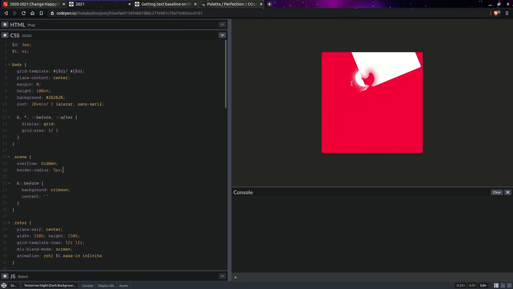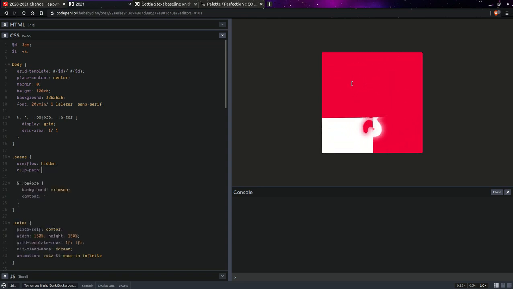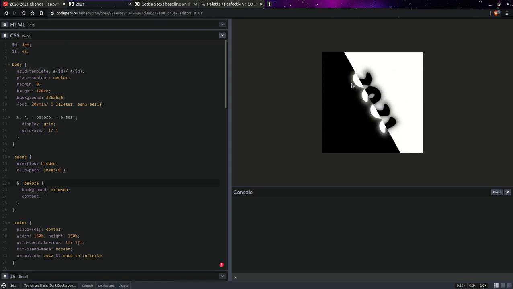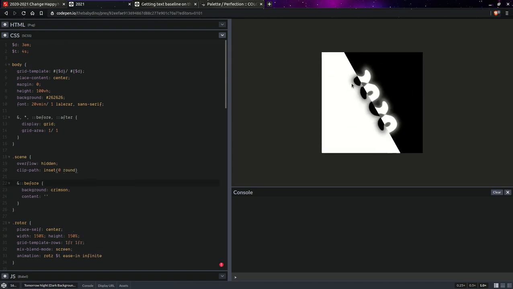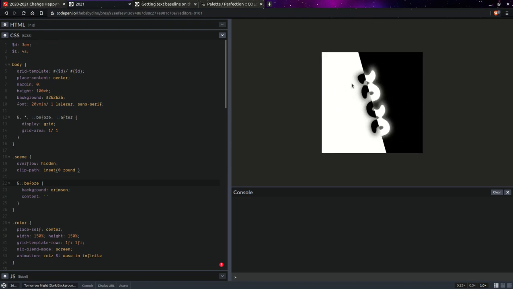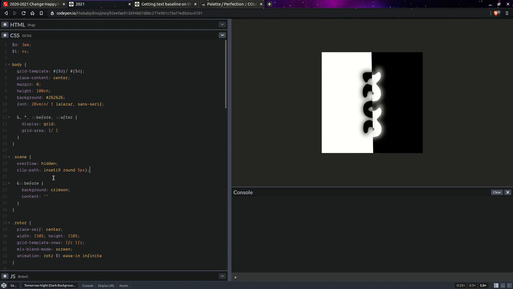If you know why this happens, let me know. But we're going to try a workaround, and that's going to be a clip path inset. There's always more than one way to do things, so if one way is breakable, then you just do it another way. So around 5 pixels,